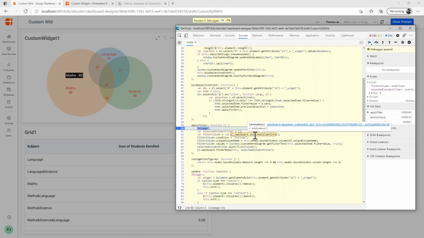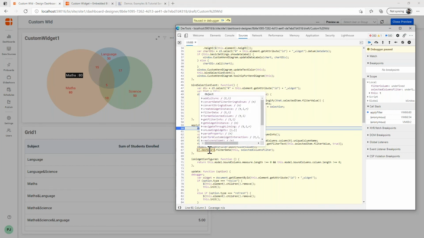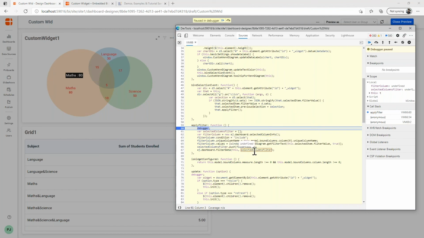So you need to create a collection of the selected column info object, and then you need to call this API, which is ej.dashboard.filterData, along with the selected columns collection. So this will filter the data in other widgets that are added to the dashboard.